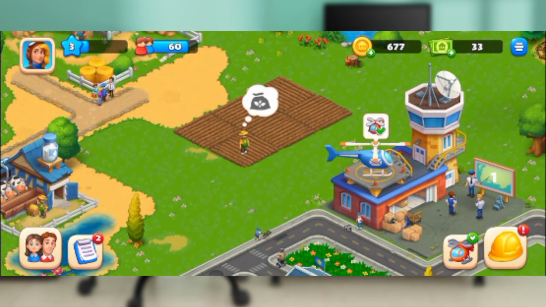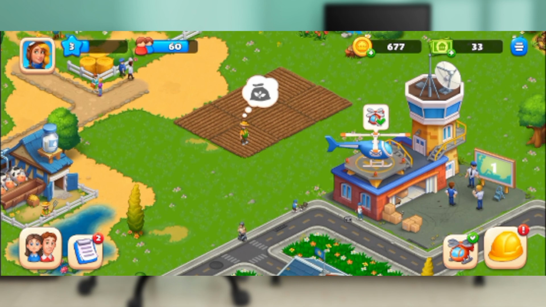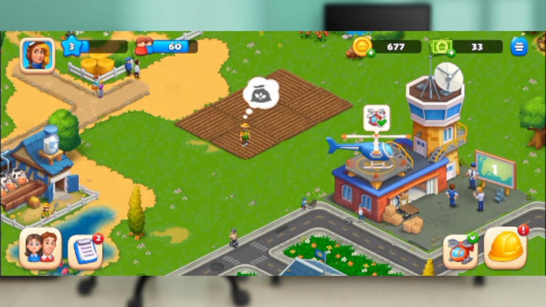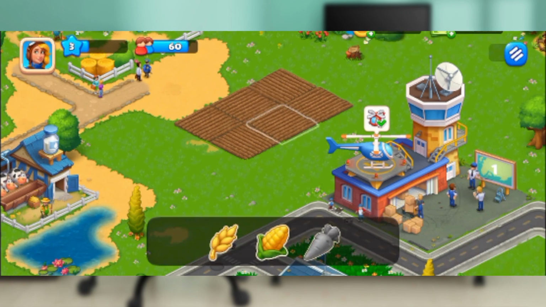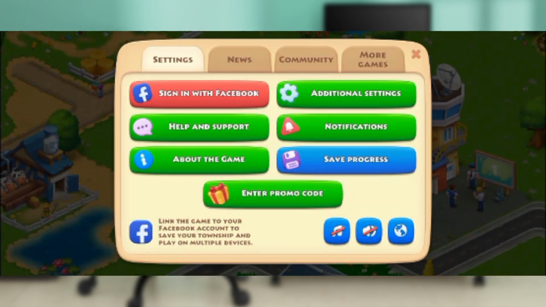So another step that you can definitely consider is to link your new town to a separate account. To ensure your new town's progress is saved and doesn't interfere with your existing town, just link it to a different account. So open Township. For Android users, tap on the gear icon in the top left corner of the screen, so the three hamburger menu, and click on the gear icon. So from here, go ahead and